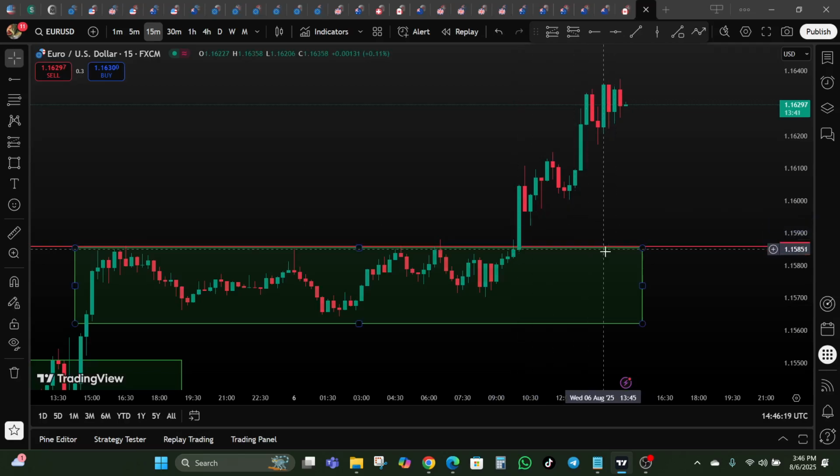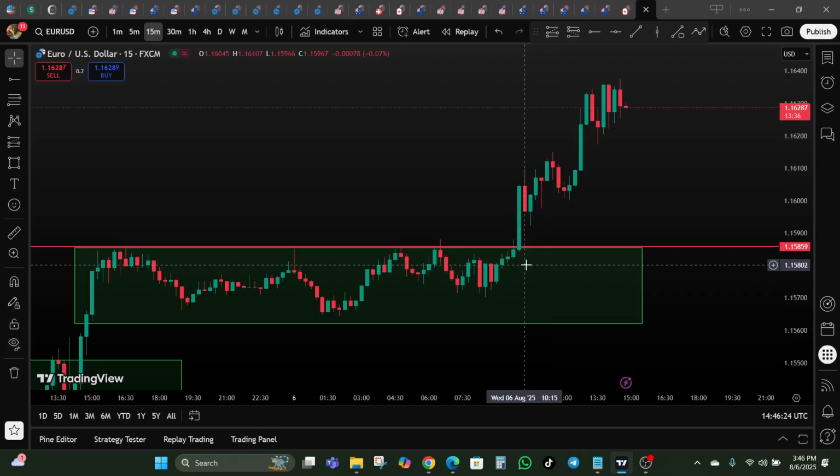Also, your stop loss should be just inside the range or slightly below the breakout level. Your stop loss should not be far away, okay? You are not looking for a wide stop loss, because if the move is real, it should actually push immediately. Then you can